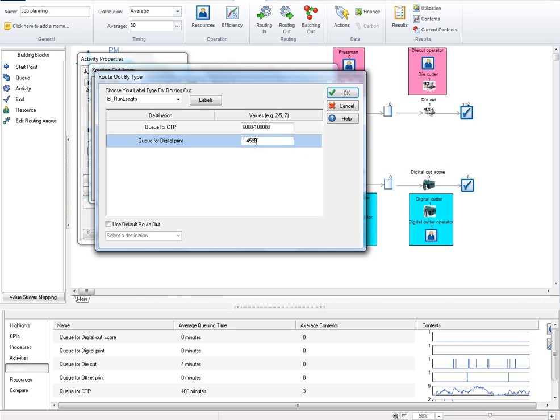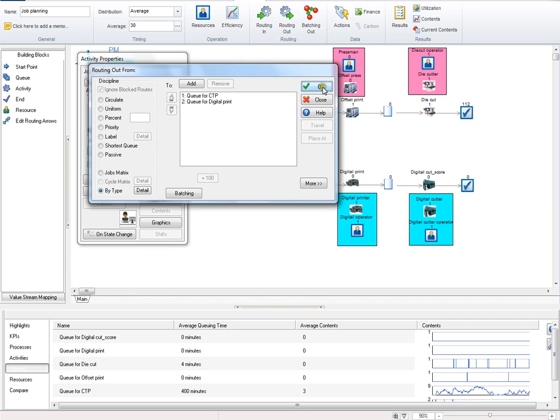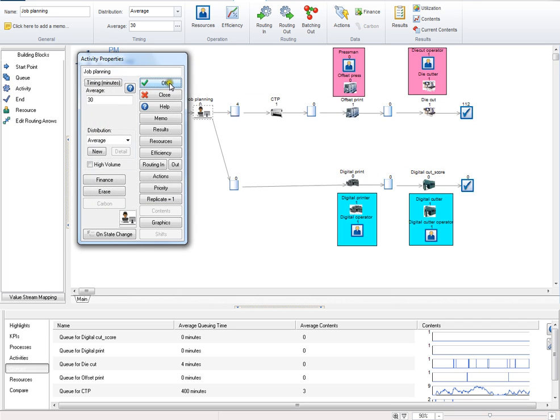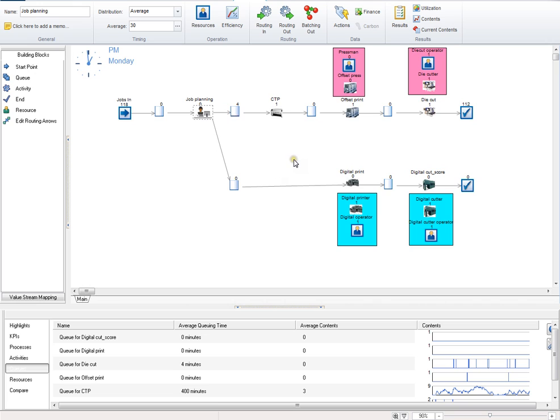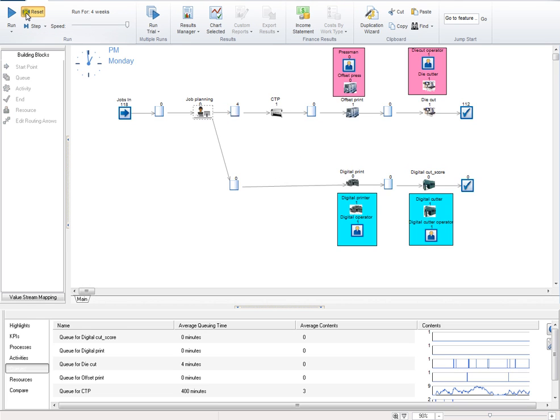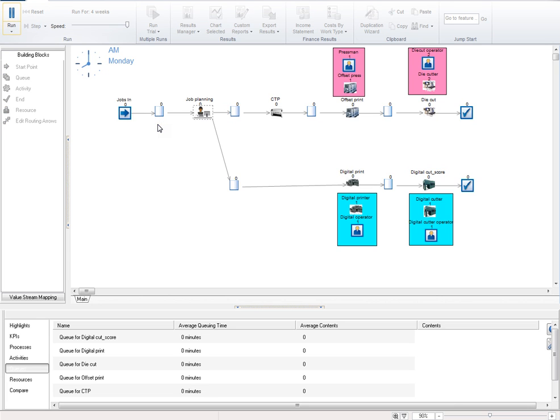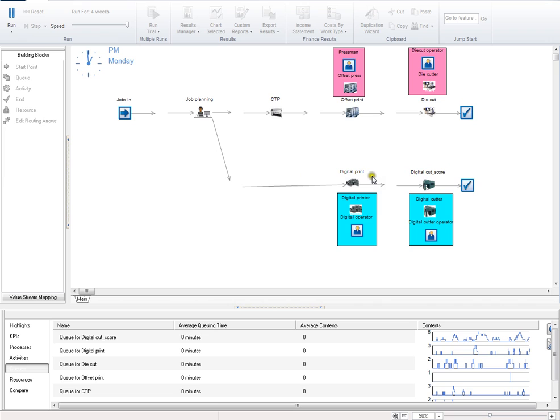5,999 going to digital. So the shorter run jobs are now going to go digital, and the longer runs will go through the analog process. Let's see what happens here. So we'll reset and we'll run again, and the jobs are going to come through. Now we have 50 jobs have gone through the analog process, and 62, the short run jobs, have gone through